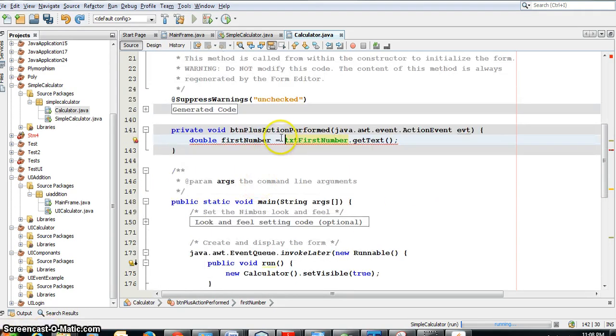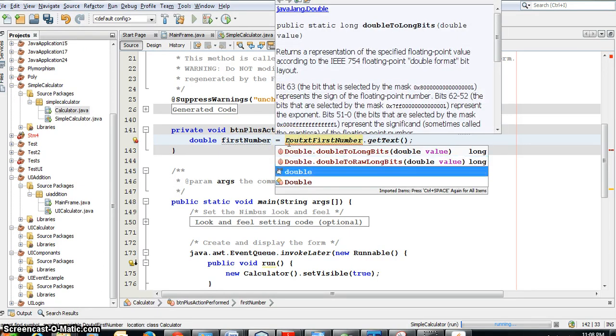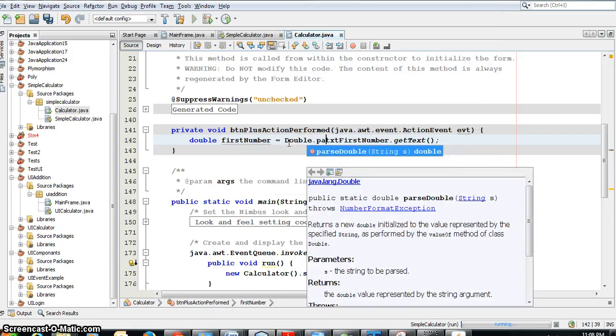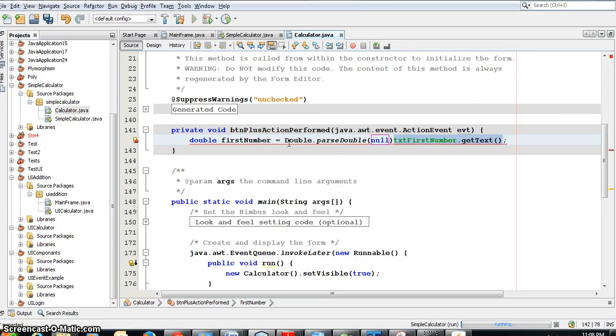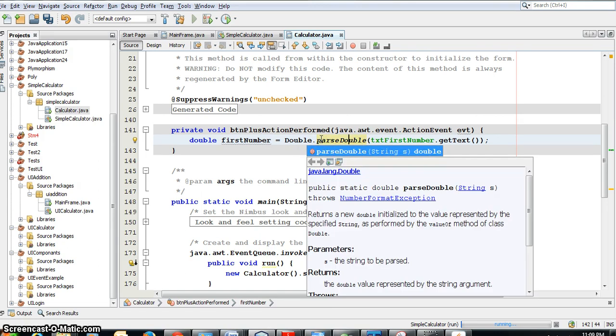I just want to convert this string returned by the getText method to a primitive double. What I'll do is use the Double.parseDouble method in the Double wrapper class to convert the string to a primitive double. Let me remind you, Double.parseDouble is a static method in the Double wrapper class. That's why you call it with the class name dot. It takes a string as the parameter, as you can see in the description, and it returns a